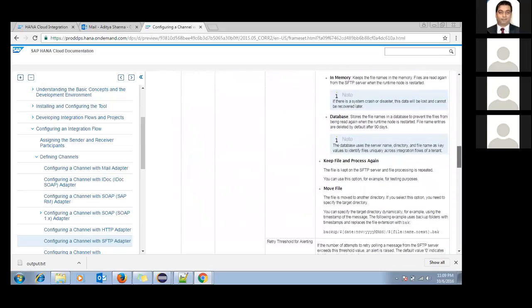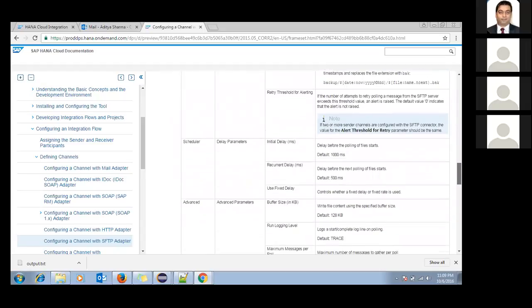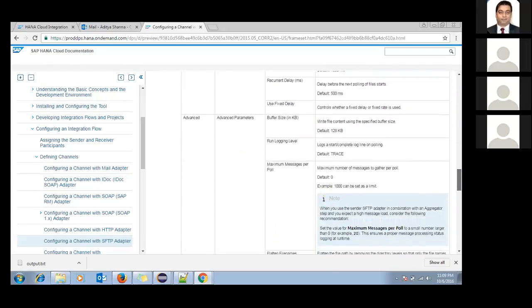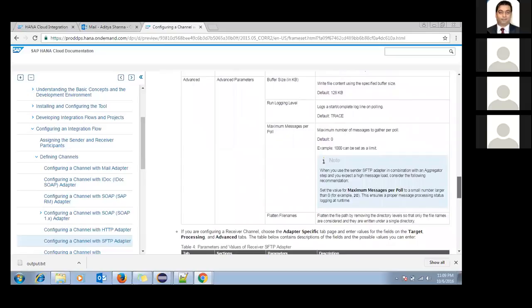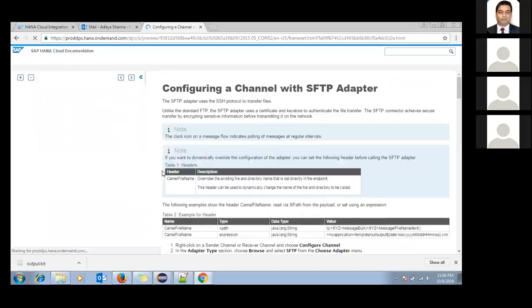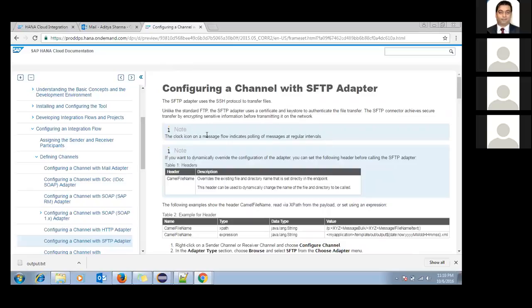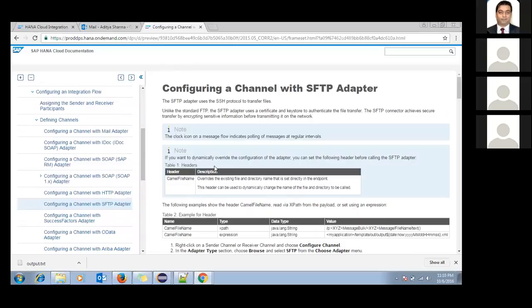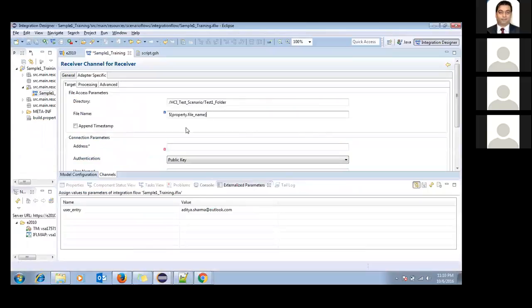it sets as a property. We have it used in one of the iFlows, but I don't remember the exact syntax on how to read it. Maybe I can research and send it to you later on. But there is a way. It sets the camel file name, and you can directly go ahead and read it through the expression. Okay. That is allowed as of now. Okay. Then